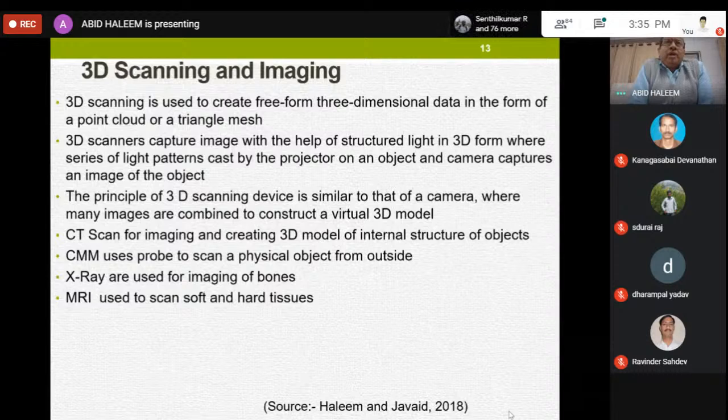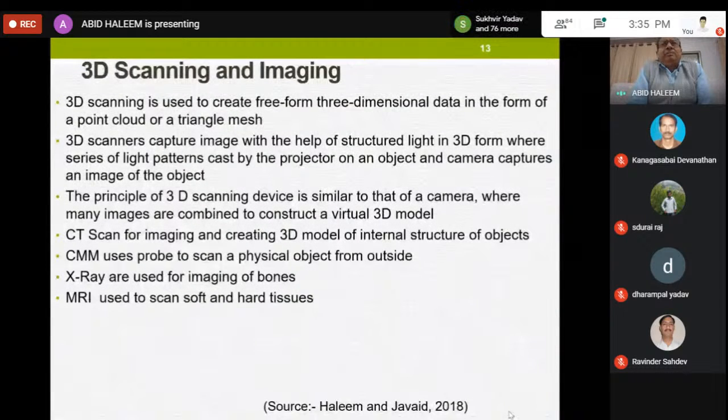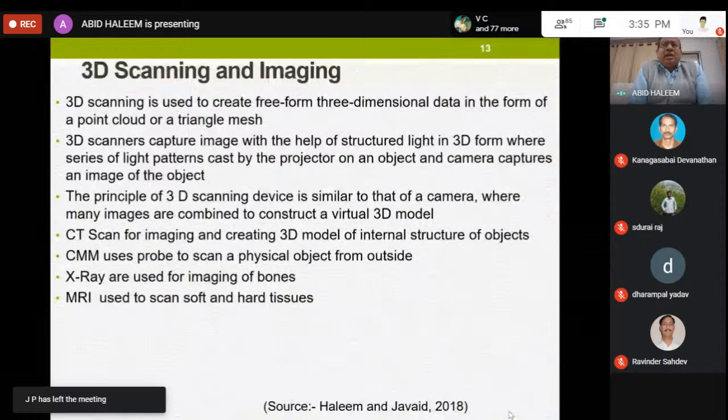Why are we talking about scanning? I told you that I used a word rapid prototyping. Why? Earlier, the purpose of this additive manufacturing was to develop a prototype, and to make the prototype as quickly as possible. So rapid prototyping was our requirement. So we made a prototype, and as early as possible for that prototype, meaning like